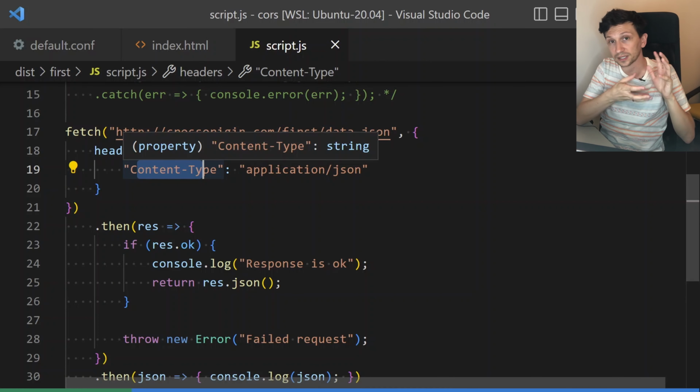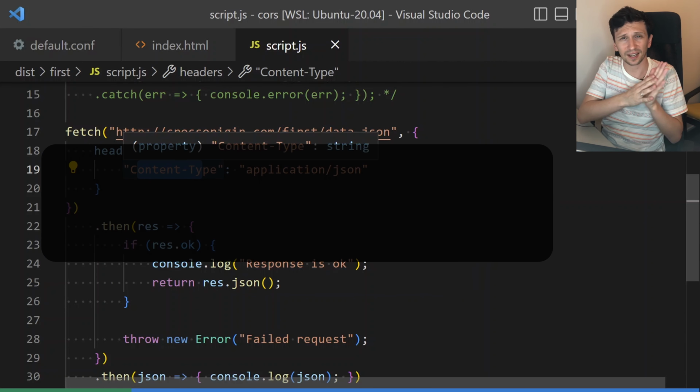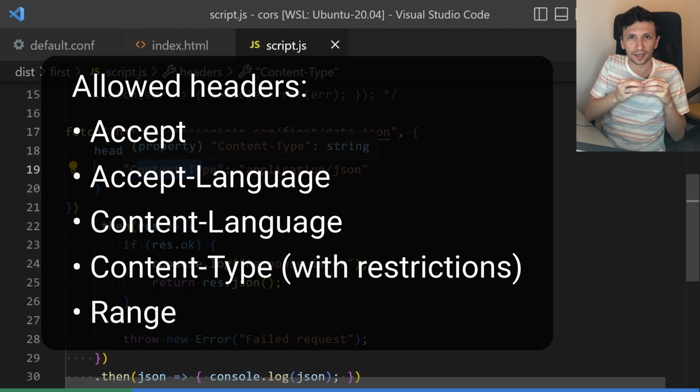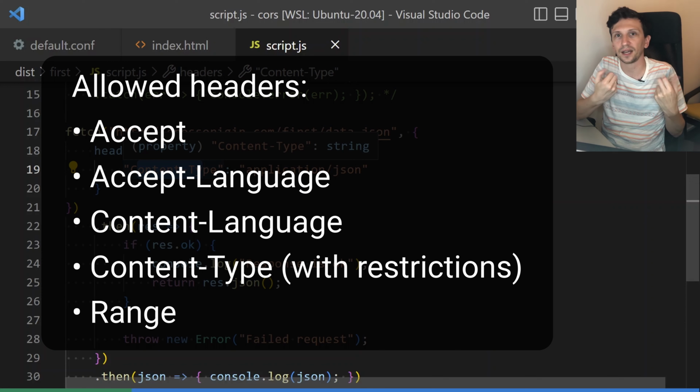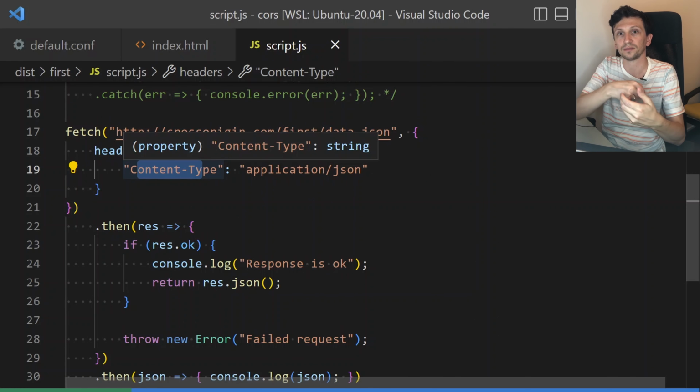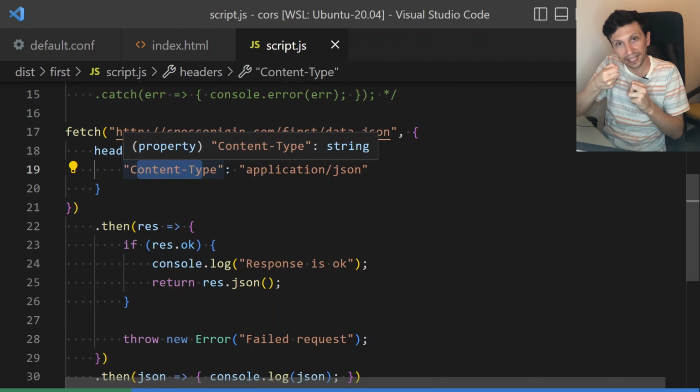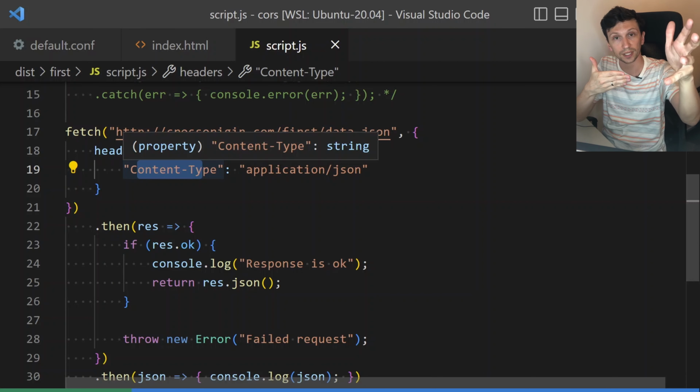Also, there is a very big number of restrictions, and only simple GET or POST requests with only certain accept headers can be sent without this OPTIONS request first, because the browser treats it as a simple request that may not cause any damage on the web or on the server. The server may send a response back, and the browser may check those headers in the response with the actual content. But for all requests like PUT, PATCH, all these content types, all this stuff, a browser will first send the OPTIONS request, get only the headers, and check whether this request is allowed or not. If it's allowed, it will send this request. If it's not allowed,